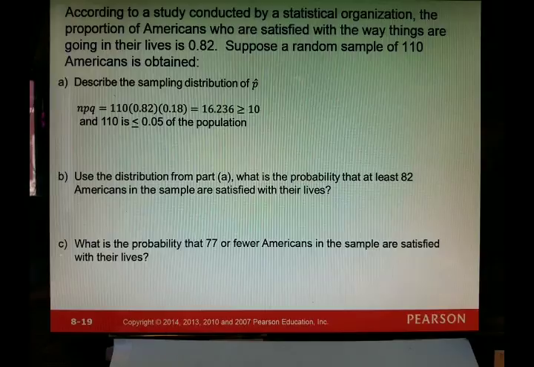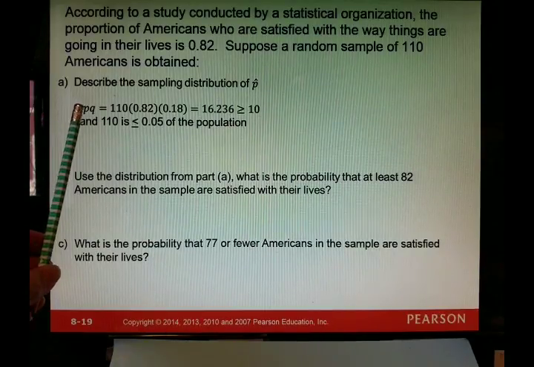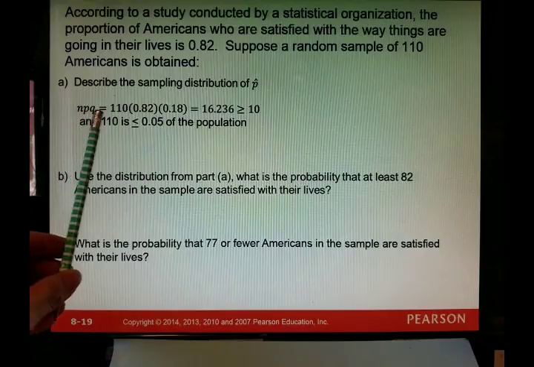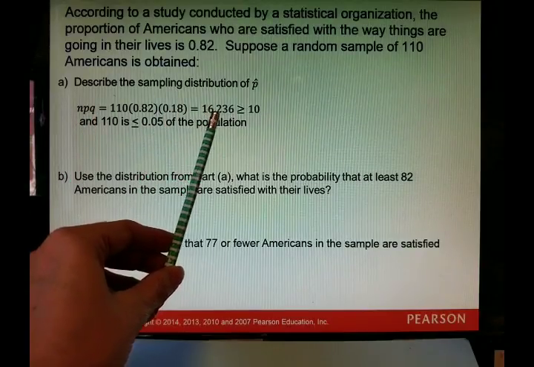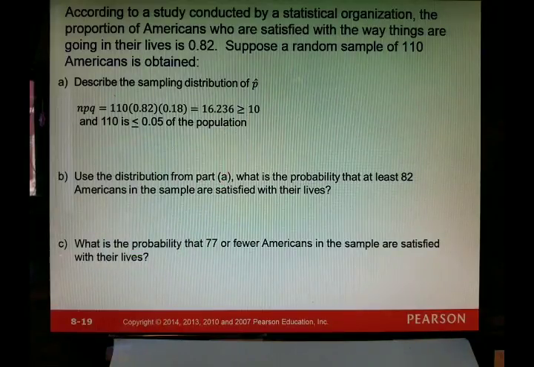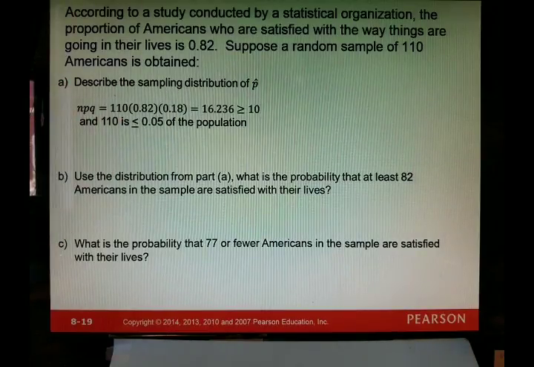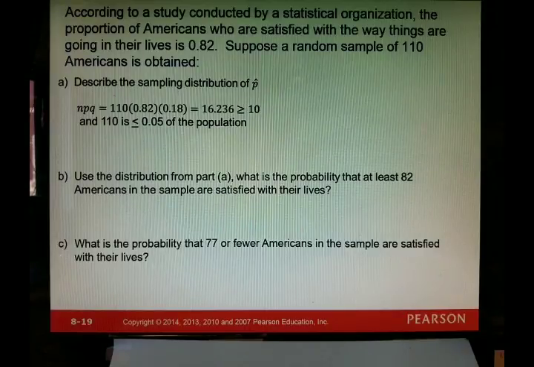The next thing that would have to be met is NPQ would have to be more than 10. So my N was 110, the P was 82%, the Q would be the 18%, 1 minus the 82. That is 16, that's definitely greater than 10. If these two conditions are not met, then you cannot proceed with this question. You wouldn't be able to decide if this sampling distribution of p hat is normal or not. Since these two conditions are met, we will then say the sampling distribution for proportions is normal,